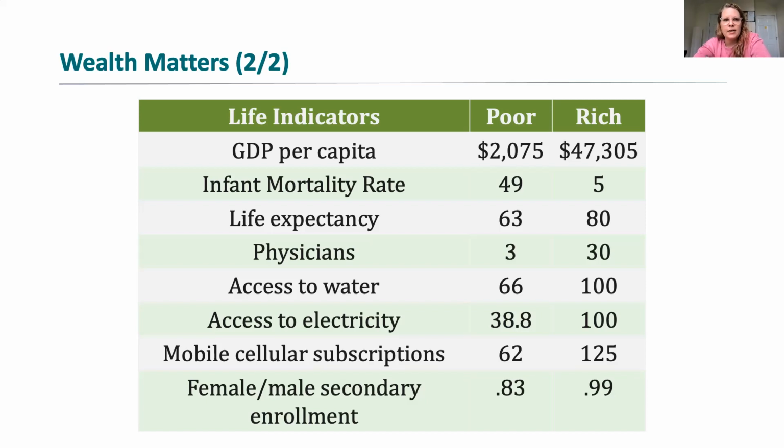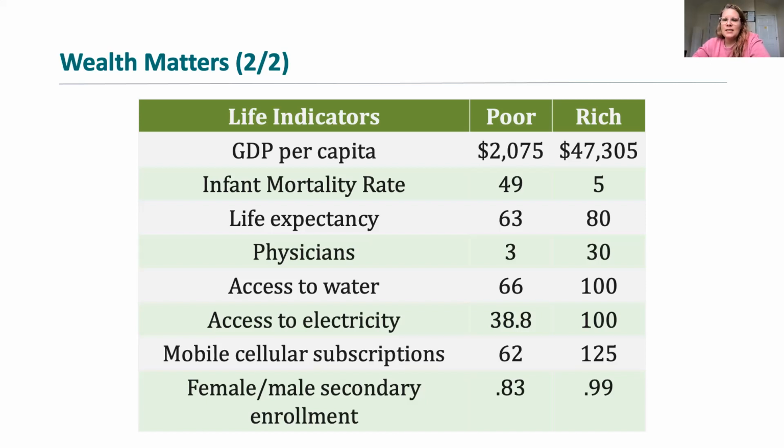Now, this first group of indicators, infant mortality rate and life expectancy, are really related to how long a person can expect to live in these societies. In general, in the poor countries, 53 out of 1,000 babies will die at birth or within the first year of life, while in the richer nations, this number is only about 4 out of 1,000. This means that in poor nations, infants are 13 times more likely to die during childbirth. And those that survive for 1 year are about 15 times more likely to die before their 5th birthday.